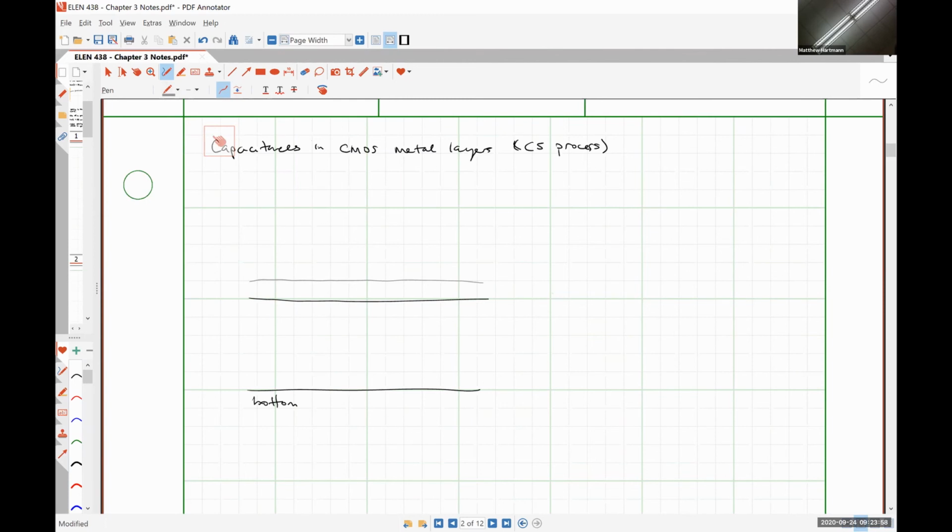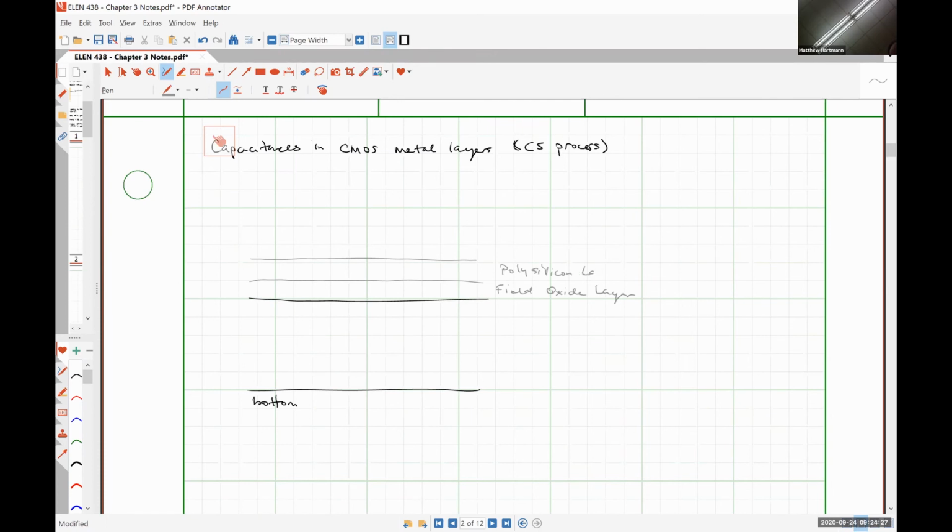So this is the field oxide layer. It's what isolates some transistors from other transistors, like when we don't want them to have crosstalk or communication or anything like that. Then the next layer is the layer that we would consider our